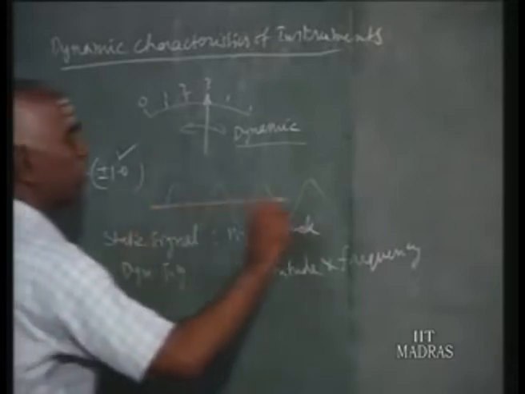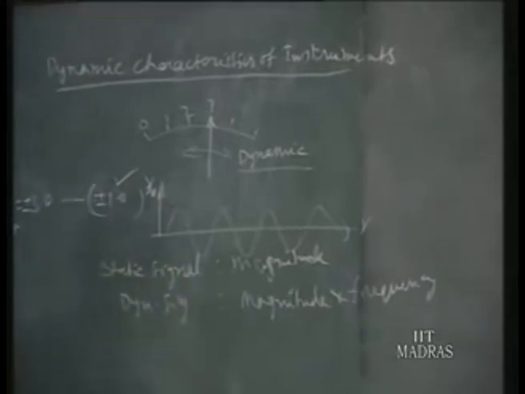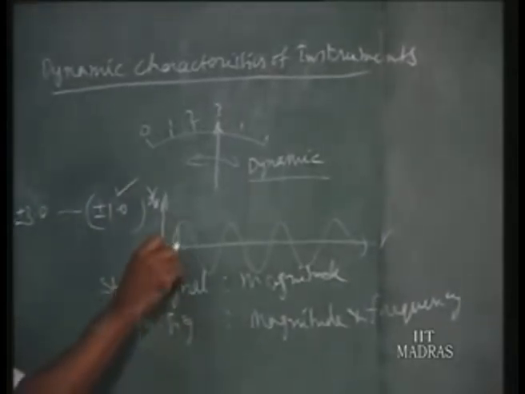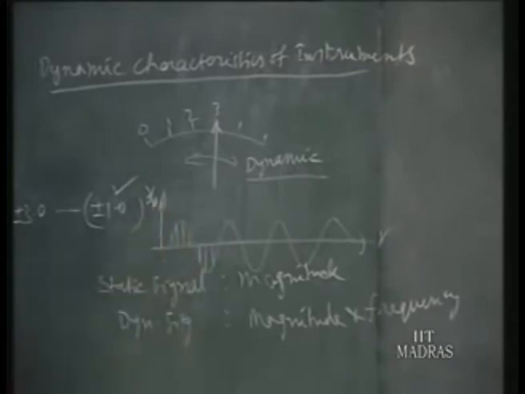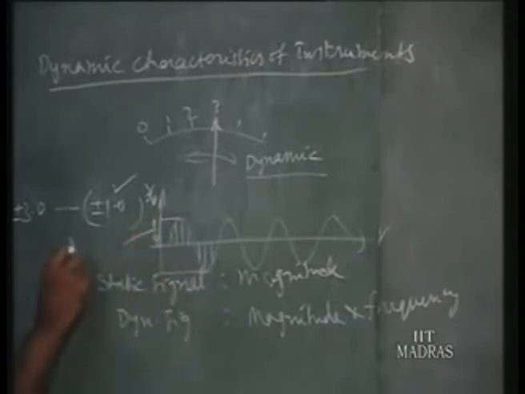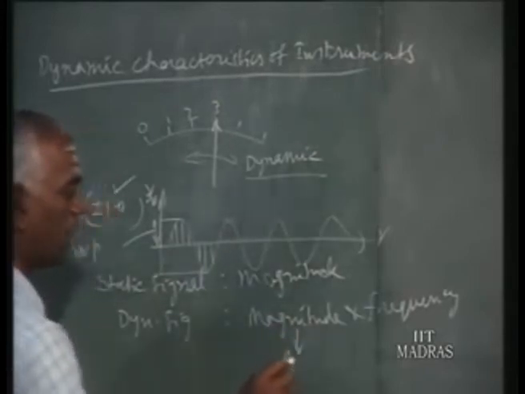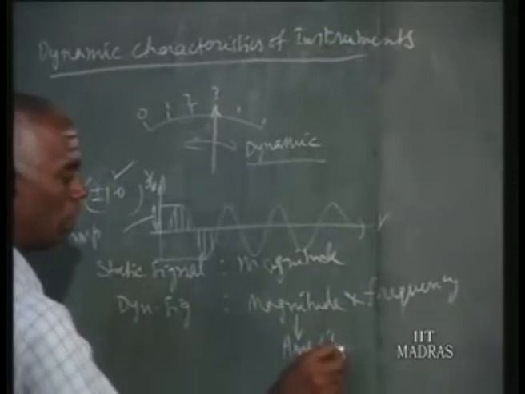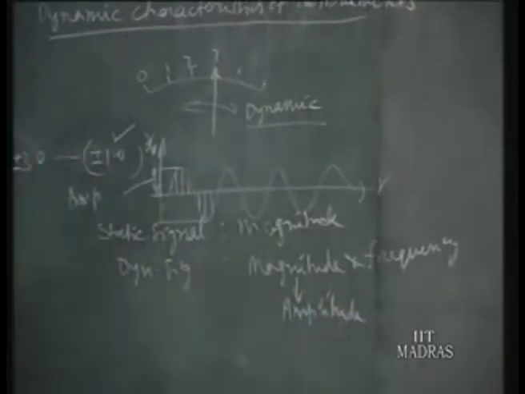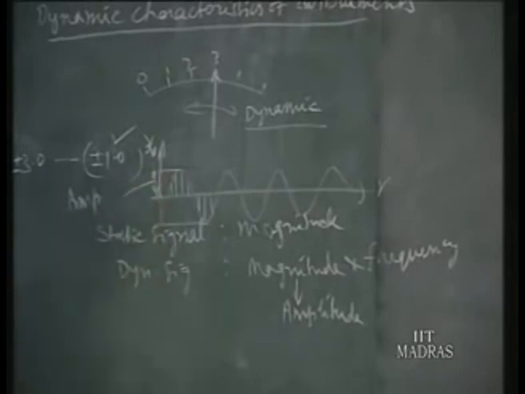Magnitude: suppose this is varying, this is the time and this is your output signal, say output signal XO. If it is varying like this, you see the magnitude at different instants varies. Sometimes it is positive magnitude, sometimes negative magnitude. So we cannot state one instantaneous value. Then we give the so-called amplitude. That maximum magnitude is called amplitude. Amplitude is the maximum magnitude during its variation. Amplitude and frequency are the two measurements which will fix the type of variations.